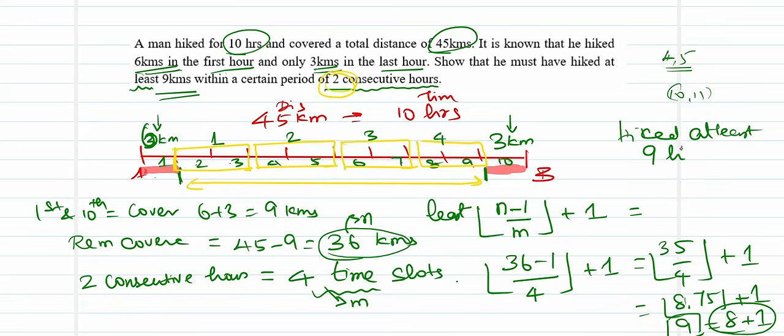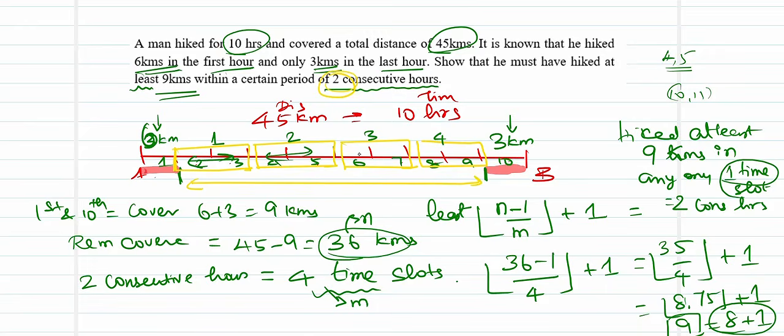Okay, so we have got that he must have hiked at least 9 kilometers in any one time slot. What is this one time slot? That is going to be 2 consecutive hours. So in any one of this particular hours, either in this or in this or in this or in this, what must have happened? He must have hiked for 9 kilometers altogether. So that is how we are able to estimate the minimum distance he would have covered in any of the 2 hours time slots. Okay, so this is going to be something which is going to be more frequently occurring